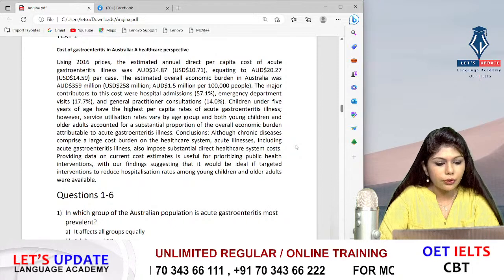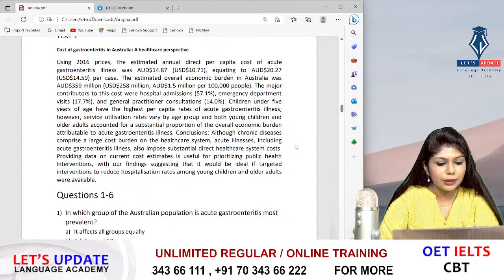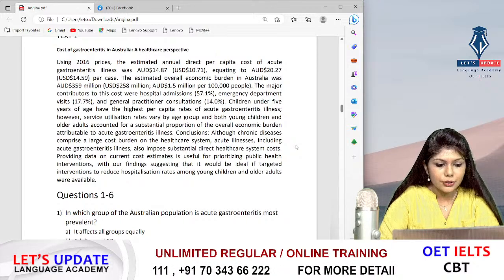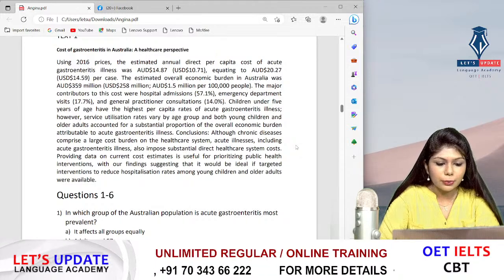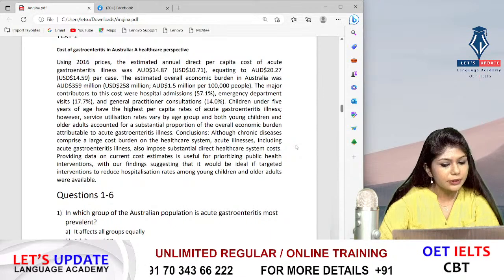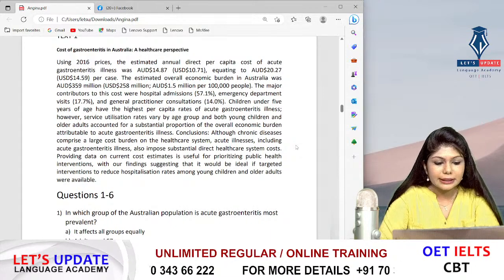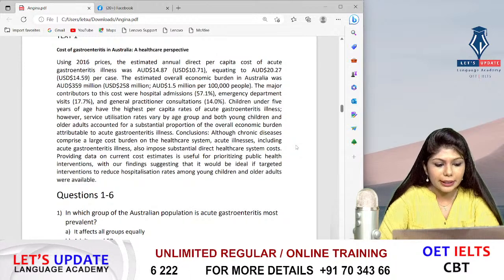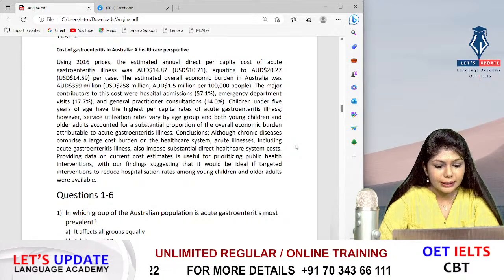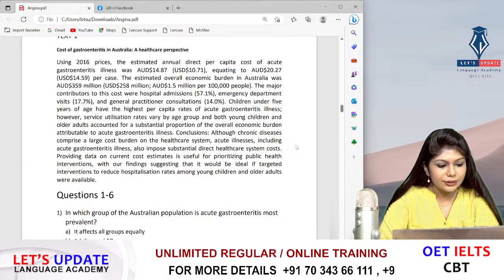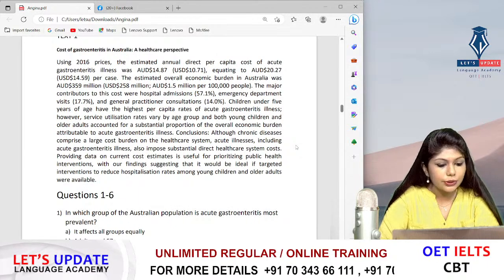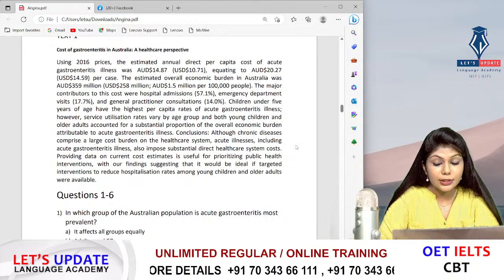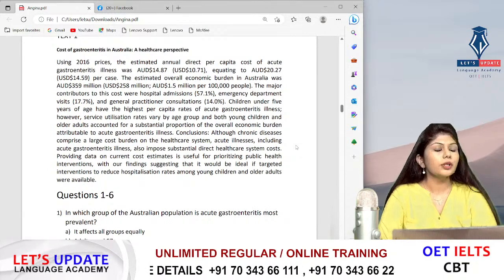Conclusions: although chronic disease comprises a large cost burden on the healthcare system, acute illnesses, including acute gastroenteritis illness, also impose substantial direct healthcare system costs. Providing data on current cost estimates is useful for prioritizing public health interventions, with our findings suggesting that it would be ideal if targeted interventions to reduce hospitalization rates among young children and older adults were available. So,